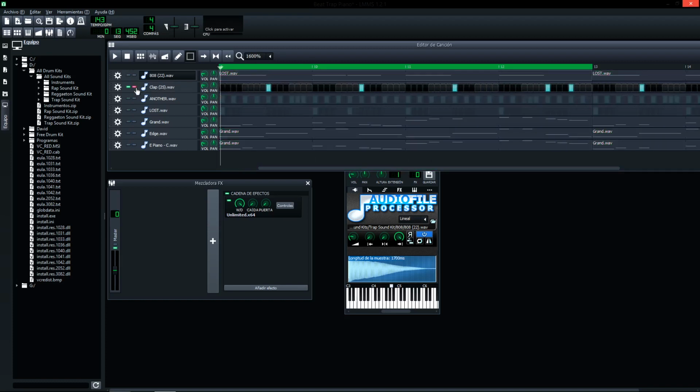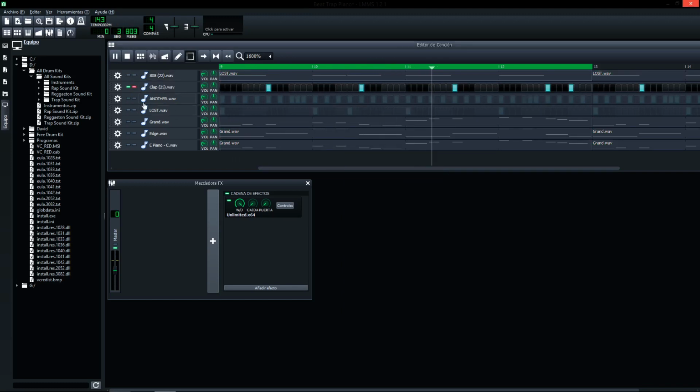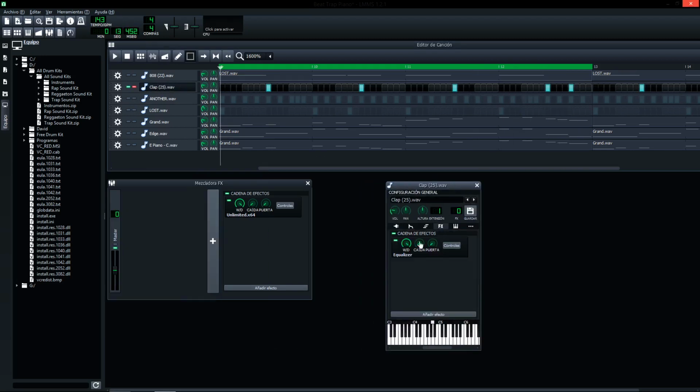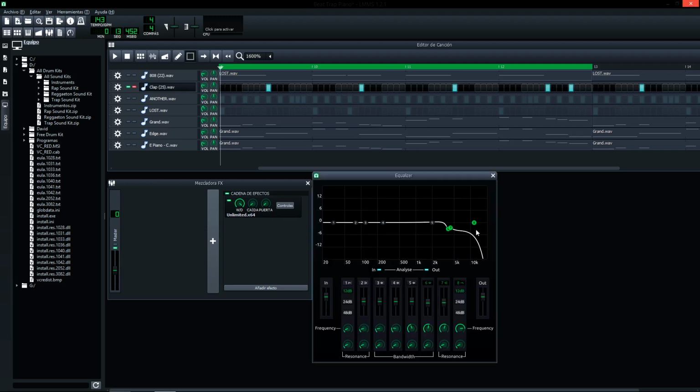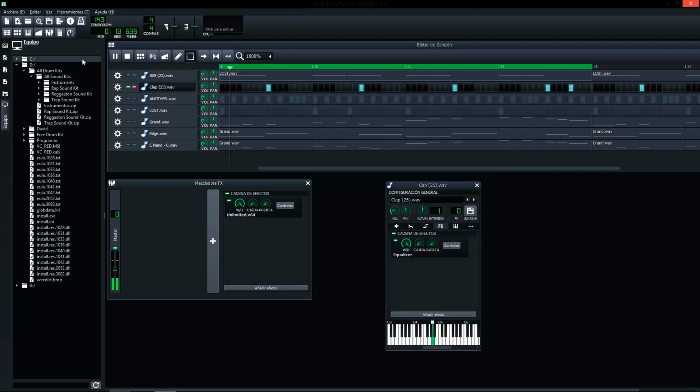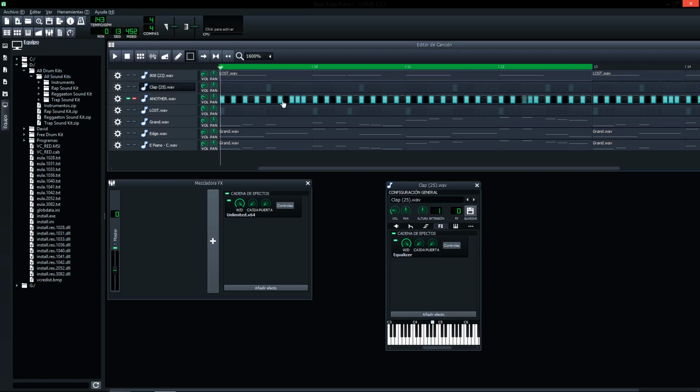Okay, clap, here I have the equalizer in FX, equalizer to high frequencies. Nice. The hi-hat,